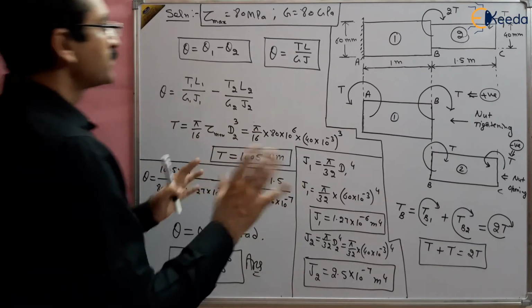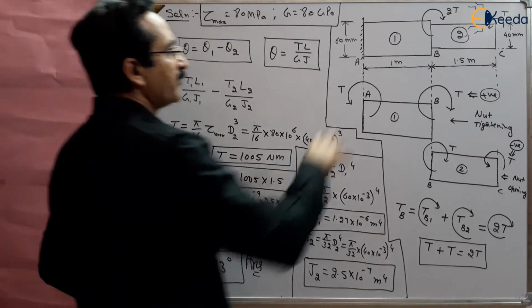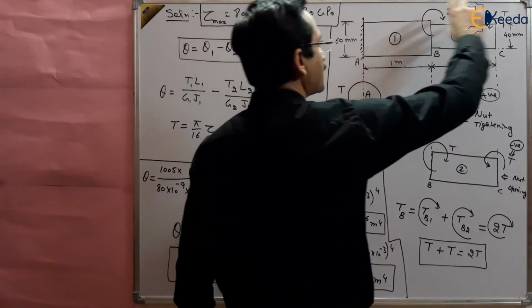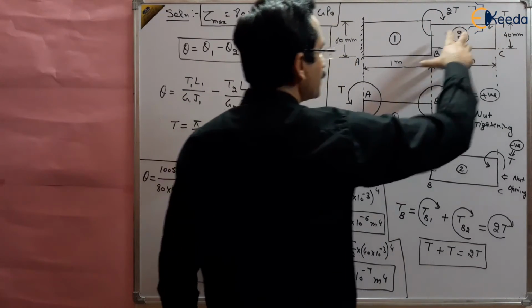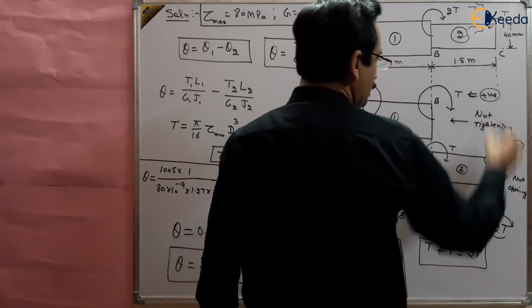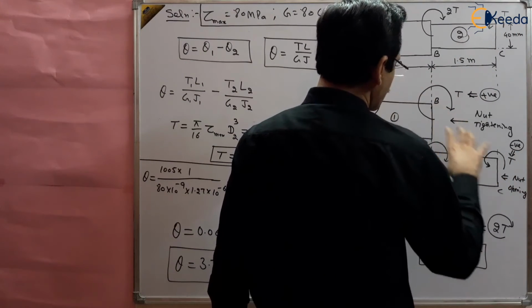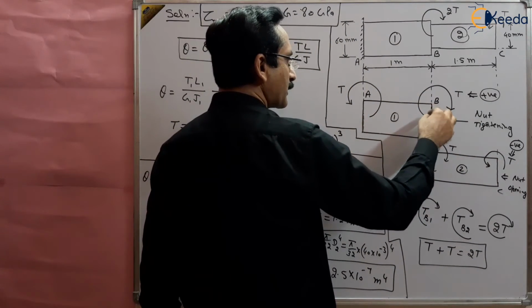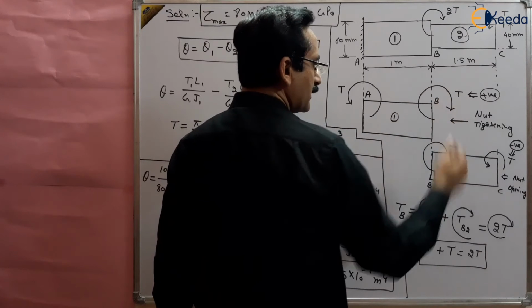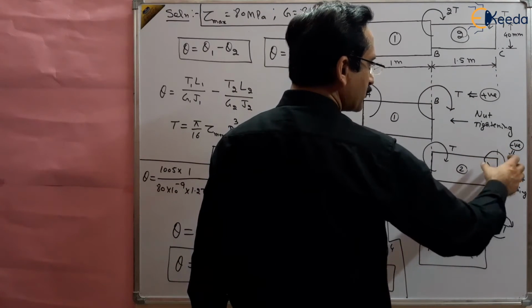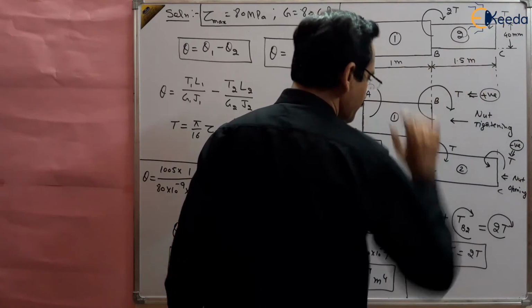How have we solved this question? We were having a series connection of shafts at which at different sections torque was applied. So we have divided this part into two parts and we have applied the torque obtained. What is the torque applied on both the sections, right? On this part the torque applied is T in positive manner, and on this part torque applied is T but in negative manner. So this is minus T, this is plus T.